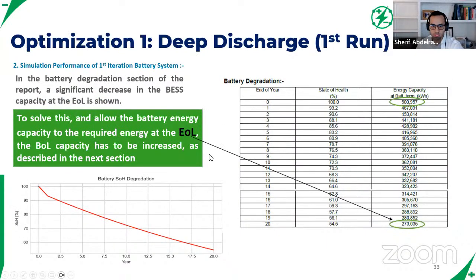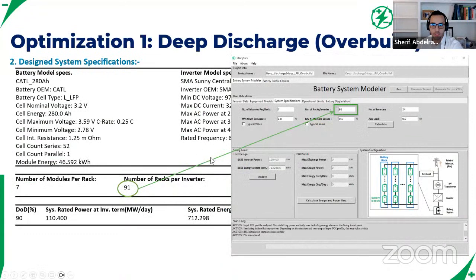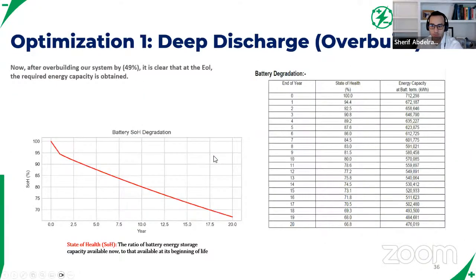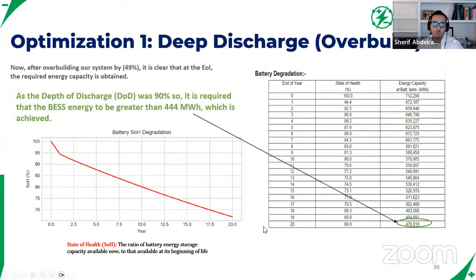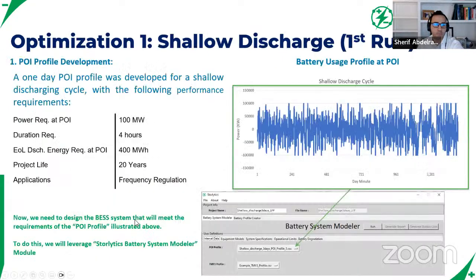So we concluded the deep discharge case, right? And we accomplished the mission of sizing the system. Now we want to switch to the shallow discharge case. So we're going to take the exact same project file that we developed for the deep discharge case, and now just input a different